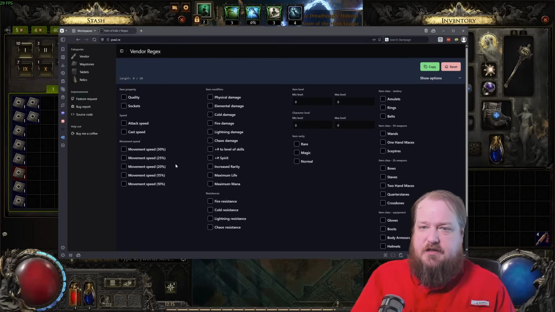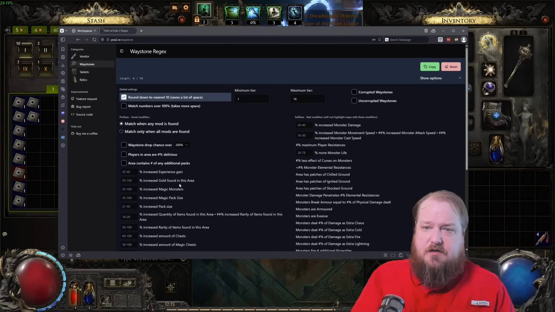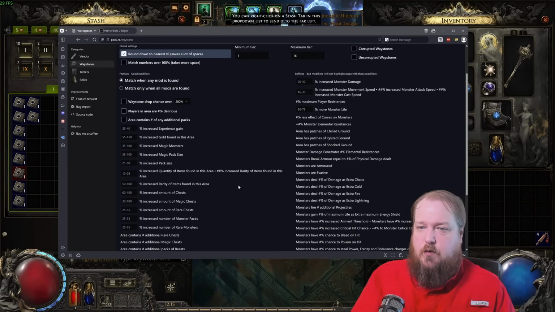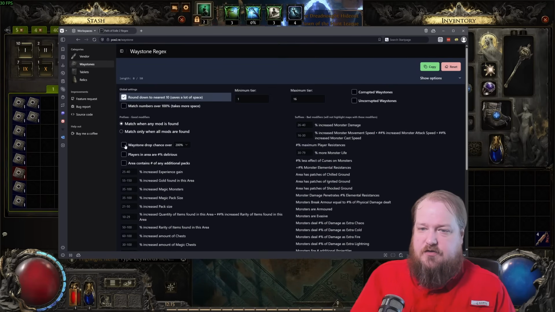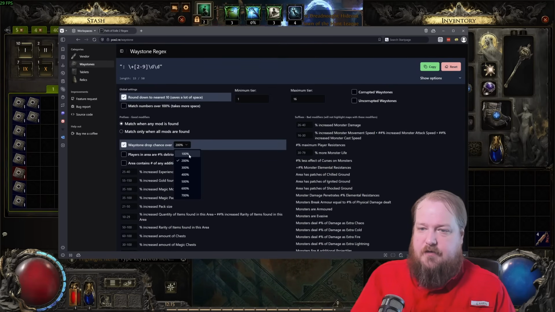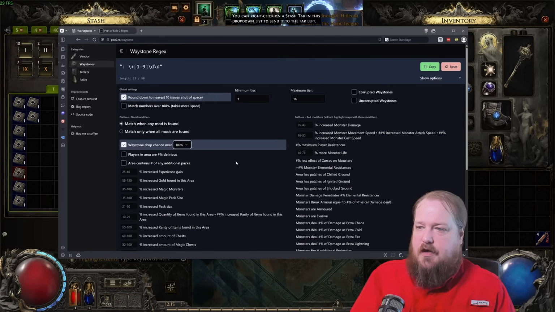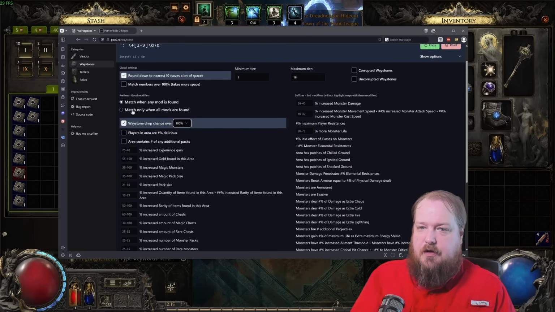Click on PoE 2 to get to the PoE 2 version, waystones, and maybe you want to find waystones that have waystone drop chance over 100%, you know, and you match